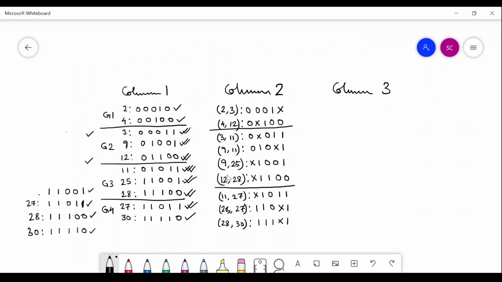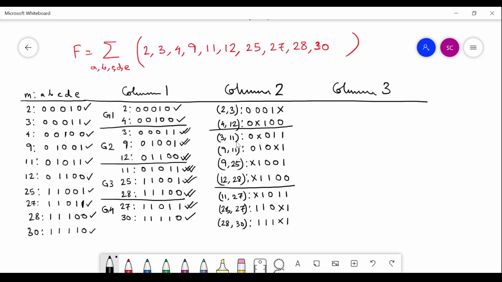Then the next two groups. You see 3 11, position number 2 is x. No x in position number 2. So you cannot combine 3 11 with any one of the last group. 9 11, last but one position is x. You look into this, 25 27 has x in the same position. Yes, 9 11 can actually combine with 25 27 because among the other bits only one bit has changed. So 9, 11, 25, 27,